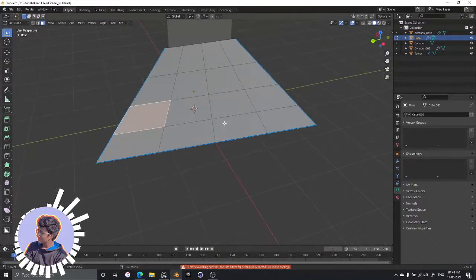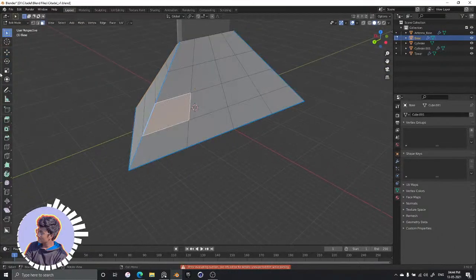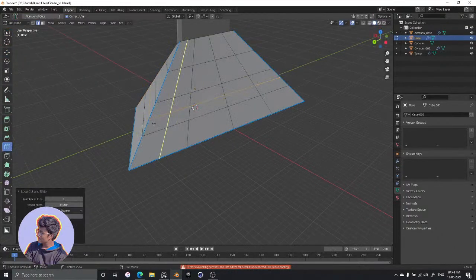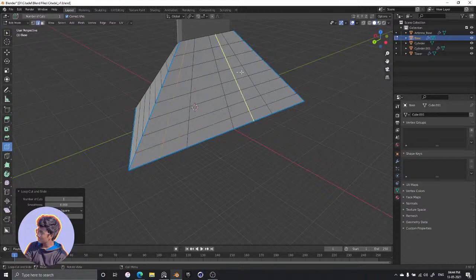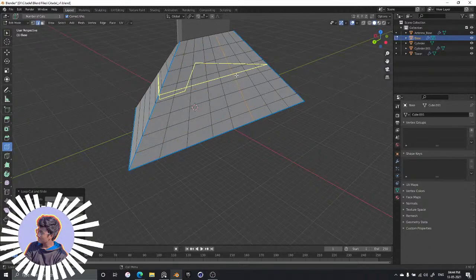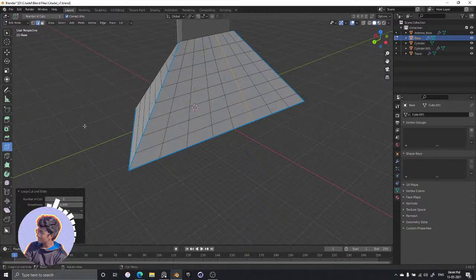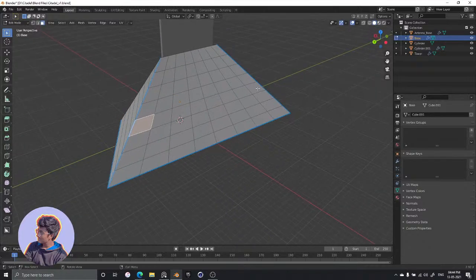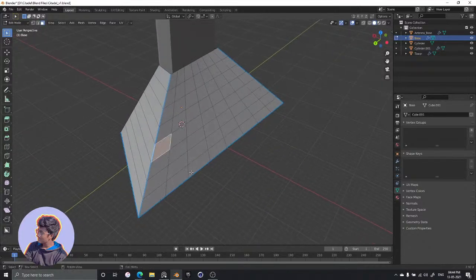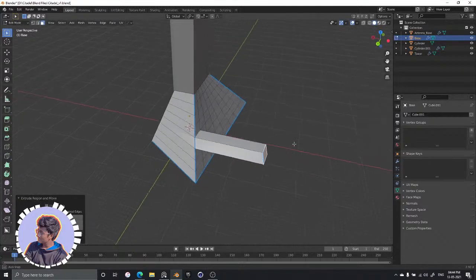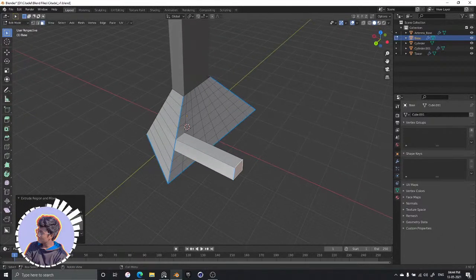Actually, we might have to do a bit more loop cuts on these. Because again, if there are parts that are protruding out, the sense of scale for the entire building will be lost. So we don't want that to happen. We'll just use these and hopefully they work. So yeah, not too much. We'll get it to minus 10,